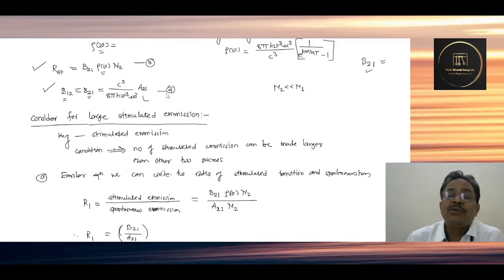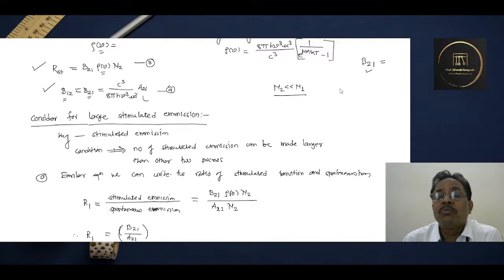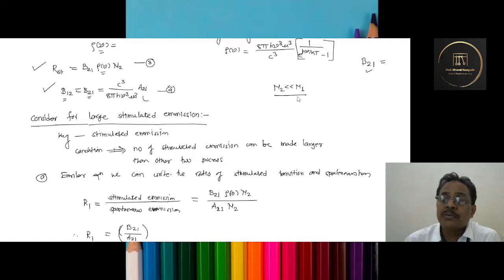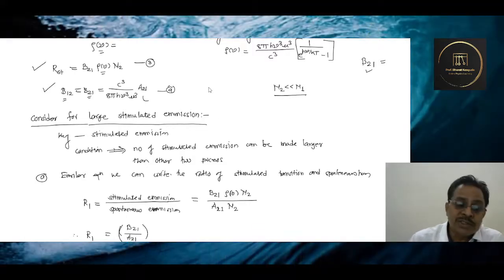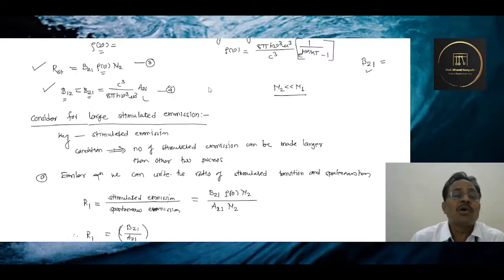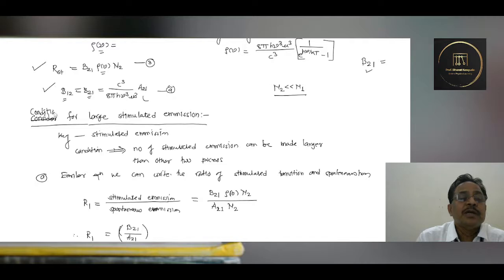And usually we have seen one more condition: at thermodynamic equilibrium, a large number of atoms are found in N1 rather than N2. So the de-excited state or ground state has many more atoms than the excited state. So usually N2 is found to be much less than N1. Given this situation, how do we go for the conditions for large stimulated emission? I am writing this once again, conditions for large stimulated emission, and that's how we have to go for a description of this as follows.